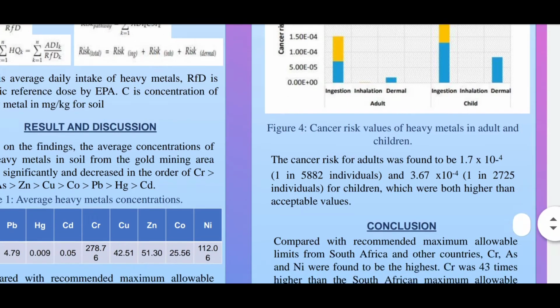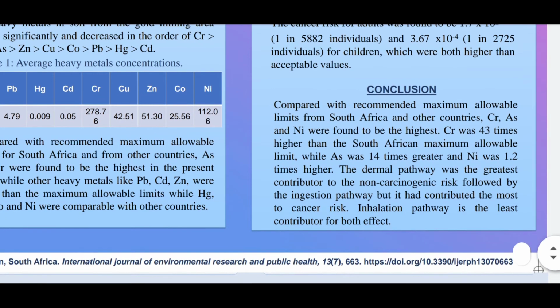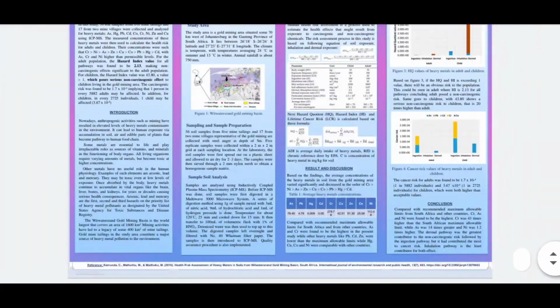So in conclusion, we can see that Cr is 43 times higher than the standard and arsenic 14 times greater and nickel 1.2 times greater. And also, the dermal pathway was the greatest contributor to the non-carcinogenic risk, followed by the ingestion pathway, but the ingestion pathway is the one that contributes highest to the cancer risk. And below shows the